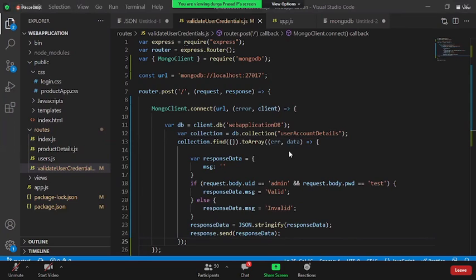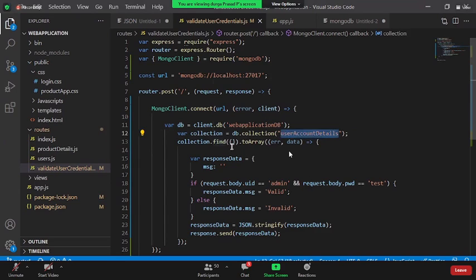So line number 13. Okay. Up to line number 12, what are we doing? We are getting the reference to the collection, which is called user account details. Now on the top, do I need to run some command? Yes, right. On the collection called user account details, I'm saying something called the dot find method. Find method, in the sense, will give you a list of all the data under this user account details collection.